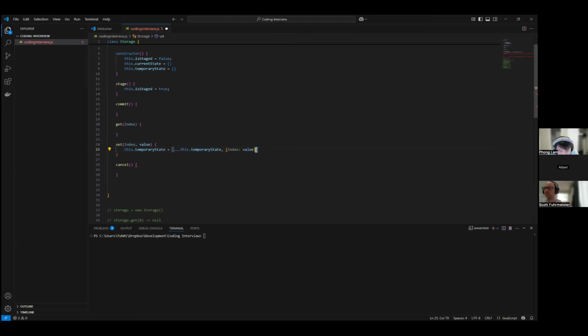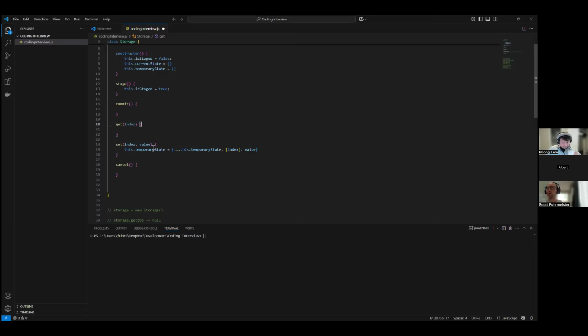I think your syntax is a little bit wrong there. You want square brackets for the index and then colon value, and remove the curly brace around that. Okay. That will come back as a 0 or 1 or whatever, and then the value will be set. That should be okay.